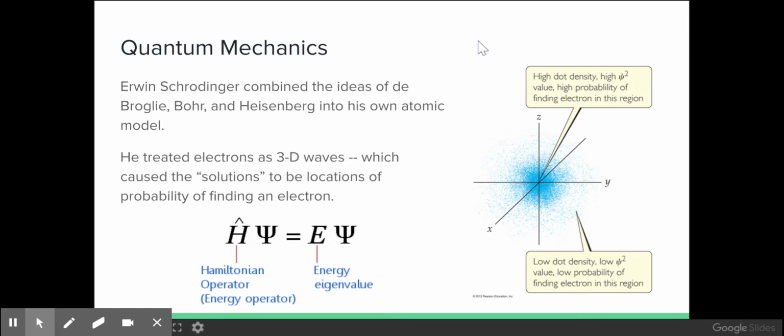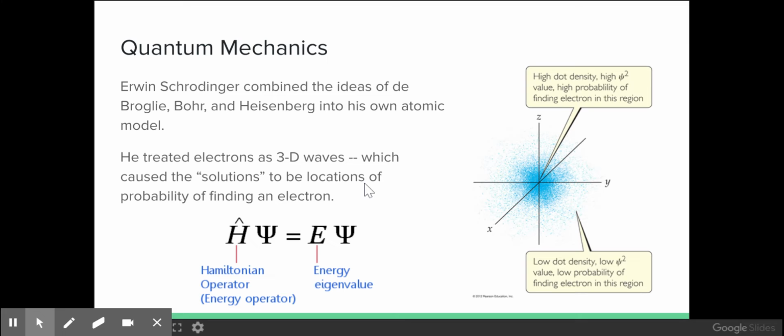So this is where Schrödinger comes in to give us our final piece of the puzzle in terms of our understanding of electrons as waves in an atom. Schrödinger took these ideas together and created his wave equation for how an electron behaves. And this equation simply says that we can use some complicated mathematics to accurately describe the energy value of that electron in that given state.